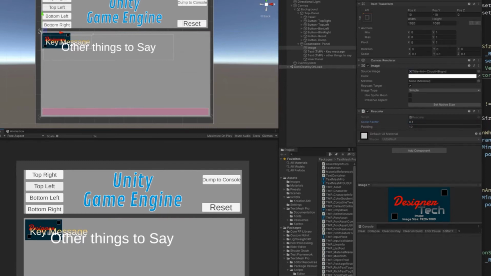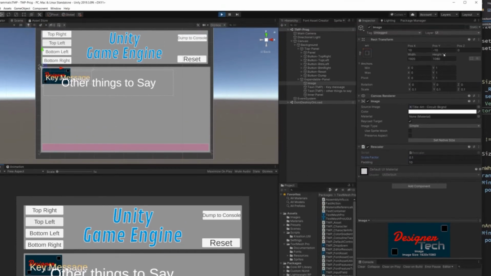But we can see what's happening. If we look up here, the position is 10 pixels in because of the margin or the padding that's set there. We can see the width and height is the 1920 by 1080, but because of the scaling, which is 0.1, which comes from the scale factor, it's tiny, so it's actually 192 pixels by 108 pixels because it's 10% of the width and height. We can also see the pivot changes, so that's top left, which means an x of